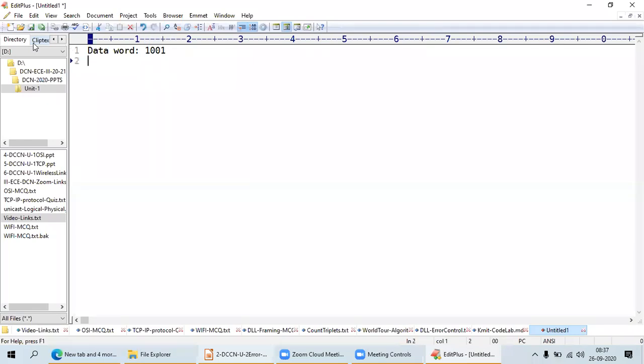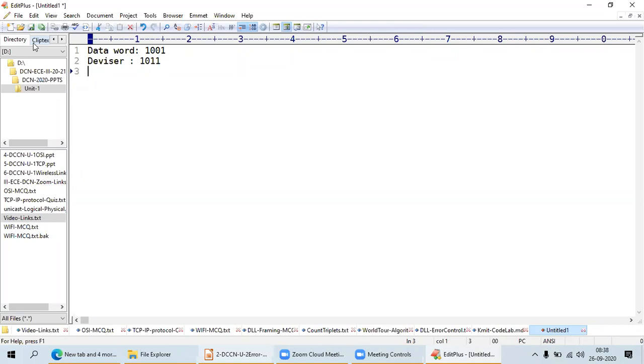Next, the divisor 1011. Now coming to the two words I have taken: the data word 1001 and divisor 1011.